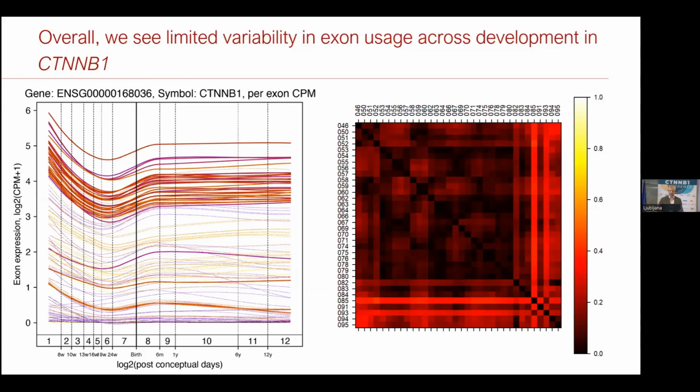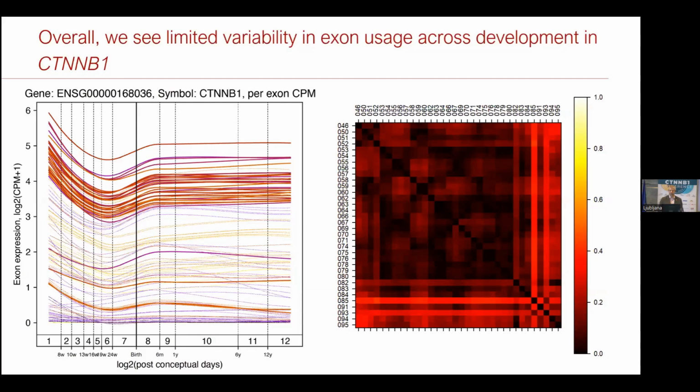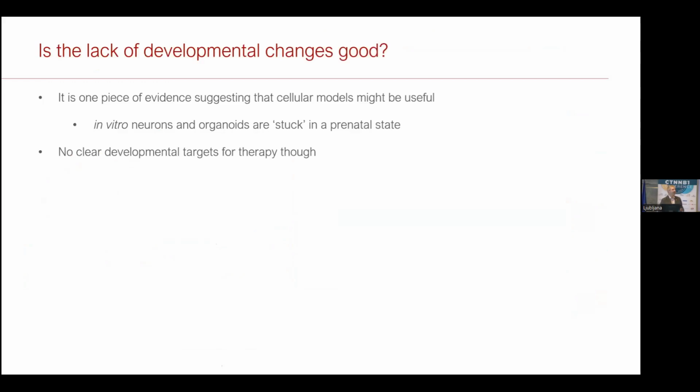And I want to give a contrast here. This is the gene SCN2A, another cause of neurodevelopmental delay, where it changes dramatically. And that's why we have the very yellow splodges on the right. So this is a negative finding. It doesn't change much. And the reason I put that in there is in the science world, we're going to